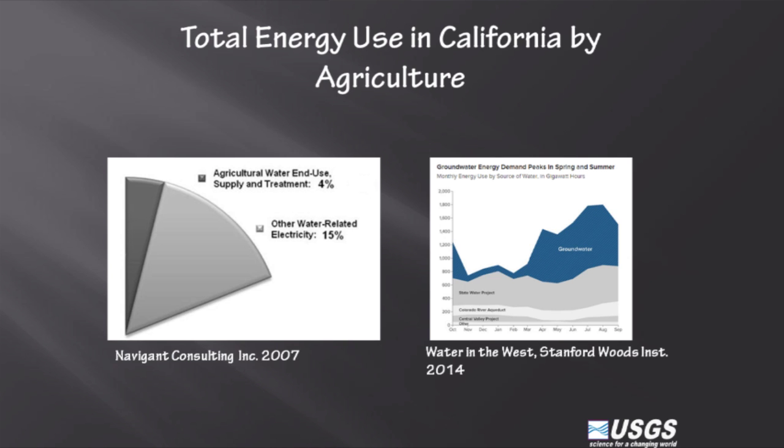And so what that means is that reductions in energy use by the agricultural sector, and this is basically pumping groundwater for irrigation, if they can reduce their groundwater pumping, they can have a significant reduction in the amount of carbon in their carbon footprint. So in addition to the benefits of sustaining their aquifer systems, there's another benefit of reducing their carbon footprint.